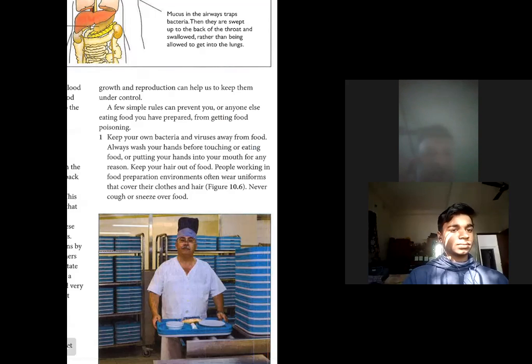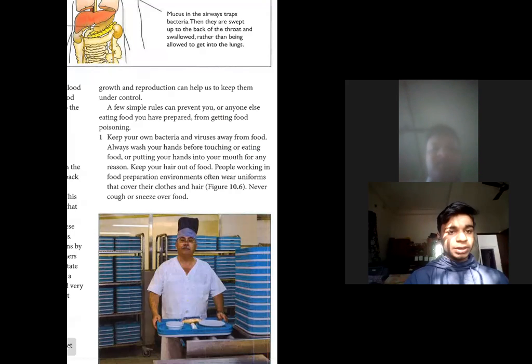Or when we eat some spoiled food. By mistake, sometimes we eat spoiled foods, right? And why do those foods get spoiled? Who spoils the food? The microorganisms spoil the food, right? So when we eat any spoiled food, the disease causing microorganisms will also enter our body. That will cause food poisoning. Can anyone tell me some symptoms of food poisoning?